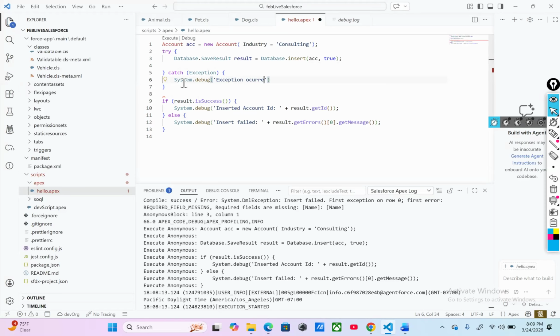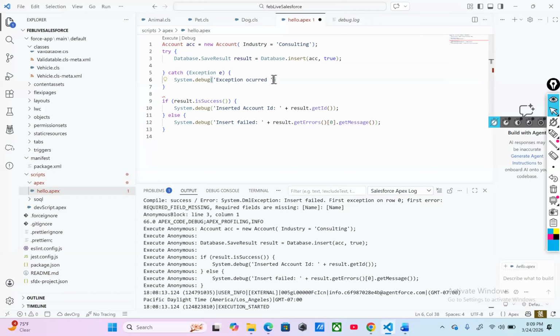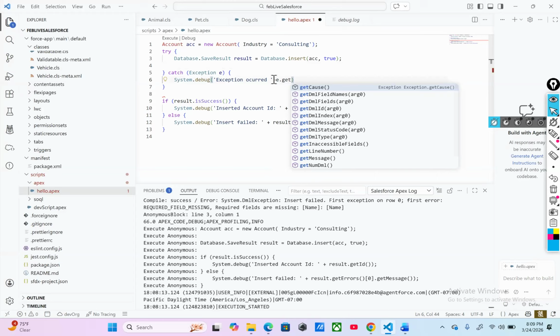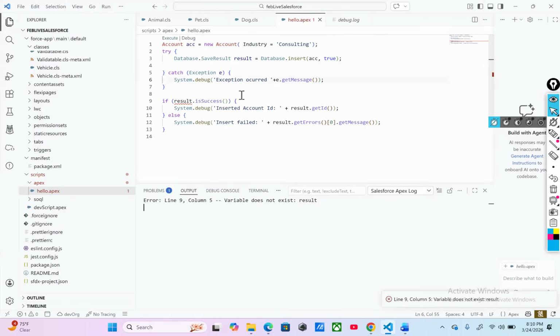Exception occurred, and exception E, and then here let's say we print e.of_get message, and that's it. So in this case, if an exception occurs, this catch block will be executed, and then it will continue with the remaining program. So if I go ahead and hit execute now,